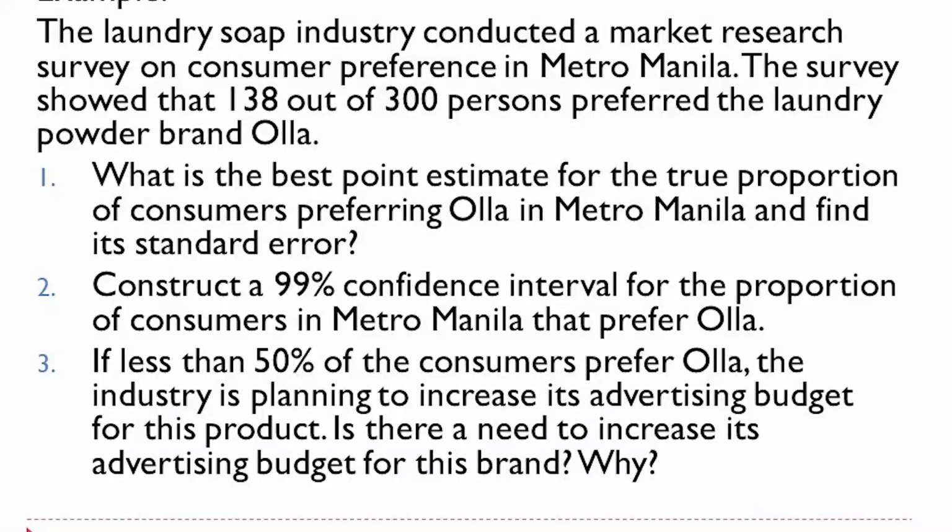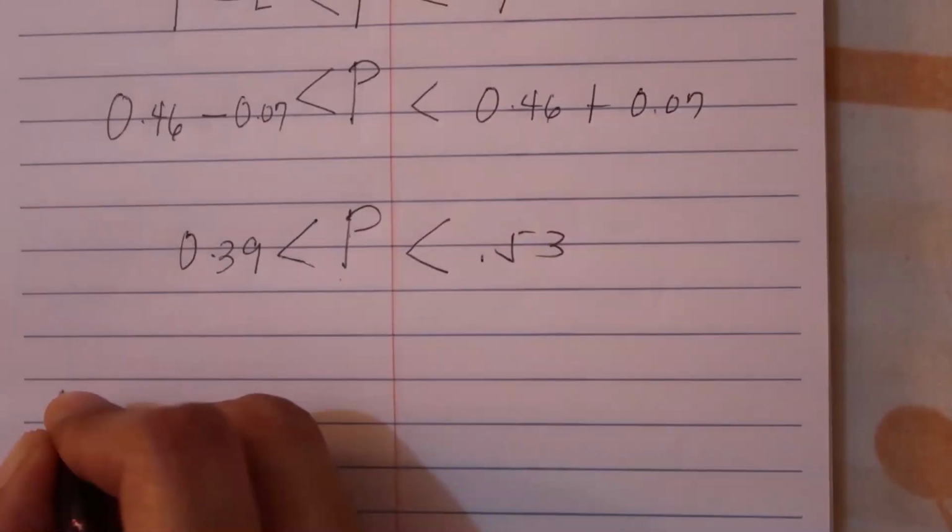Okay? Next, number 3. The question for number 3: if less than 50% of the consumers prefer Olia, the industry is planning to increase its advertising budget for this product. Is there a need to increase its advertising budget for this brand? Why? Before we answer number 3, we need to conclude that